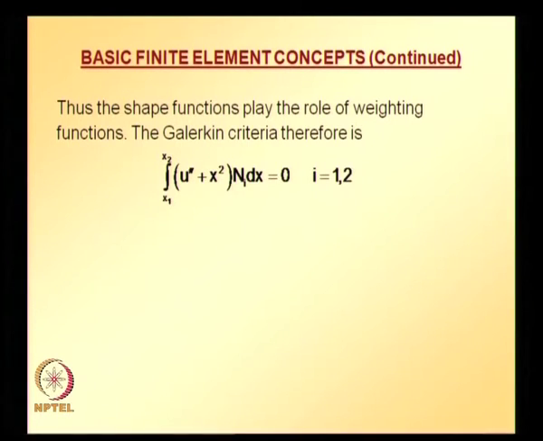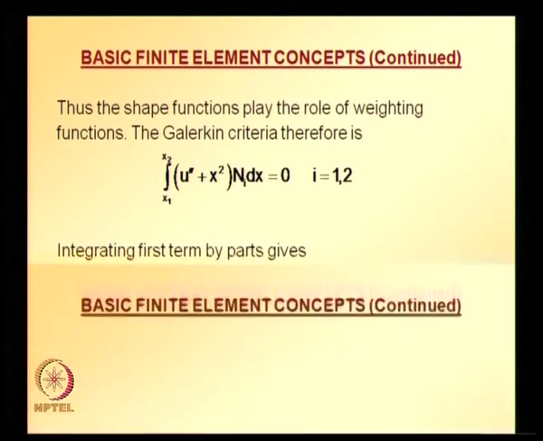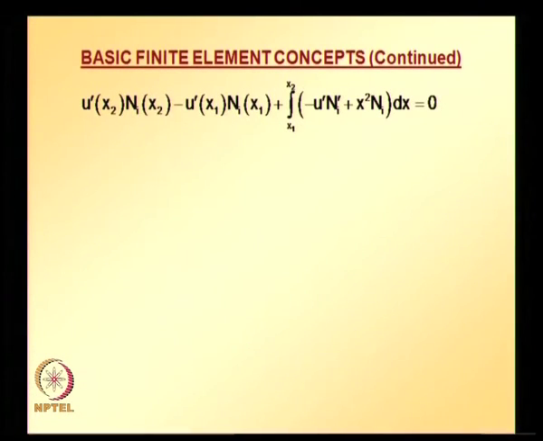and you know the Galerkin criterion is like this: integrate the given differential equation by multiplying with a weight function, integrated over the problem domain. Here there are two weight functions N1 N2. So, you get two equations, i taking values 1 and 2, and this is the weight function here. Before we proceed, what we can do is reduce the order of differentiation by using integration by parts, and note that this can be further simplified,